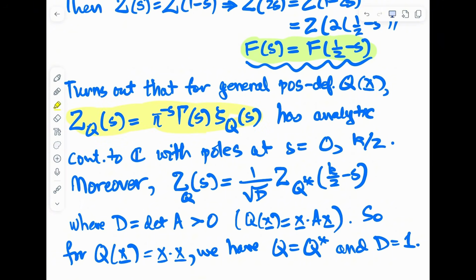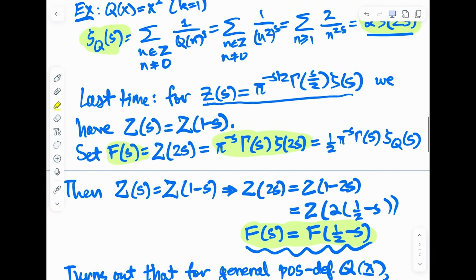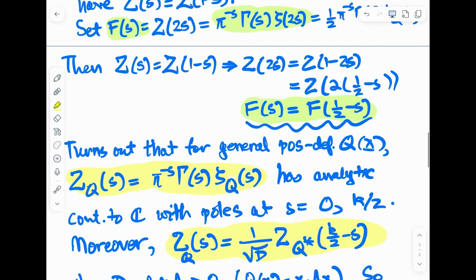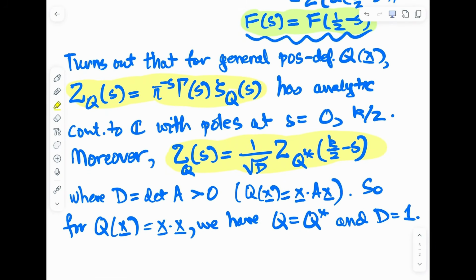This product here, we're going to see it has poles, and especially we want to see this functional equation, where that comes from. The motivation for this is exactly the one-dimensional example of x squared. We saw that the natural thing to do is to multiply by pi to the minus s gamma of s. You might think in higher dimensions you have to do something more complicated, but it turns out that exactly that factor will treat all quadratic forms in any number of dimensions in the same way. That one factor times the zeta function of the quadratic form will have a nice functional equation,